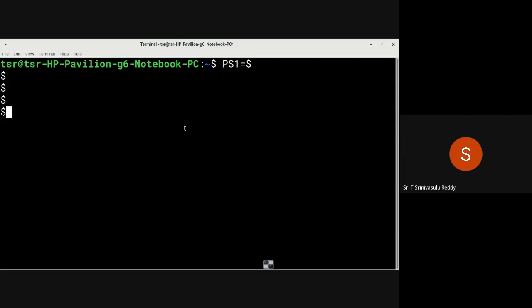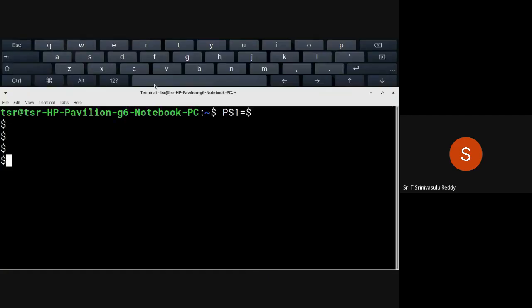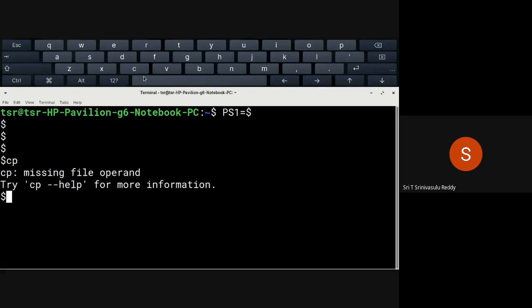So what shall we do? We will write a small program like cp, which is going to copy a file from one file to another file. The cp syntax is going to be like this. On my keyboard, C and F are not working, that's the problem. That's why I'm using the online keyboard. See there?